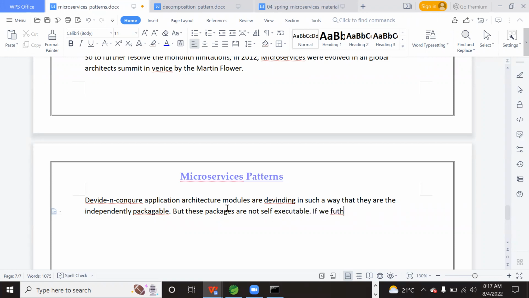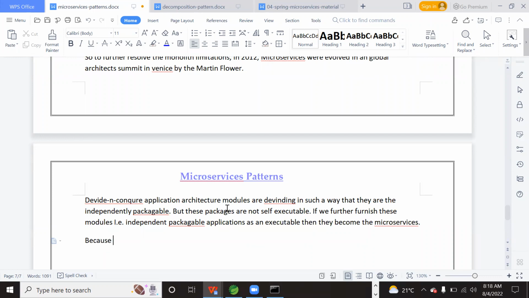If we further furnish these modules, that is, the independently packageable applications, as executable, then they become microservices.